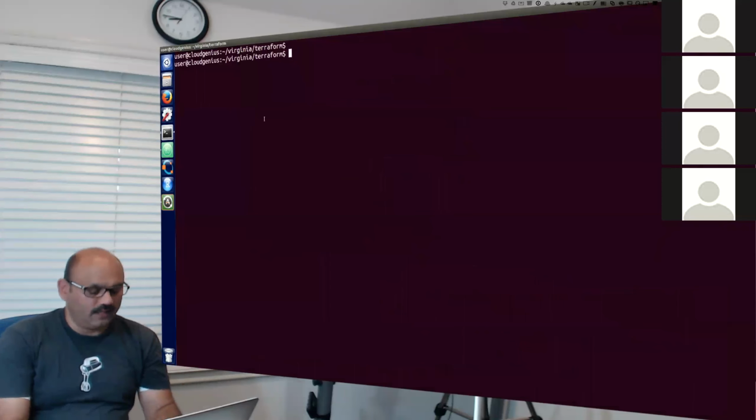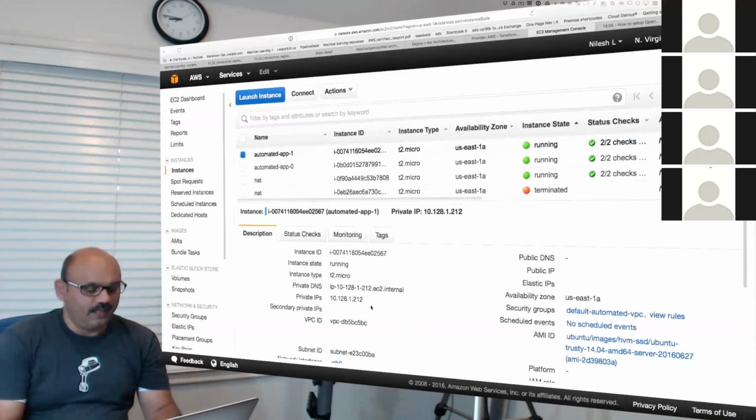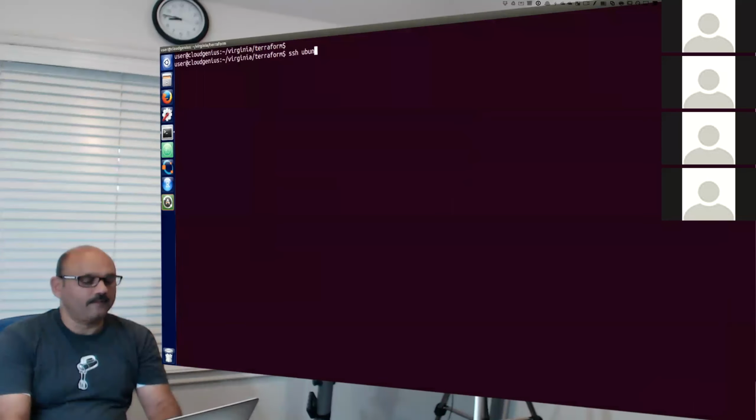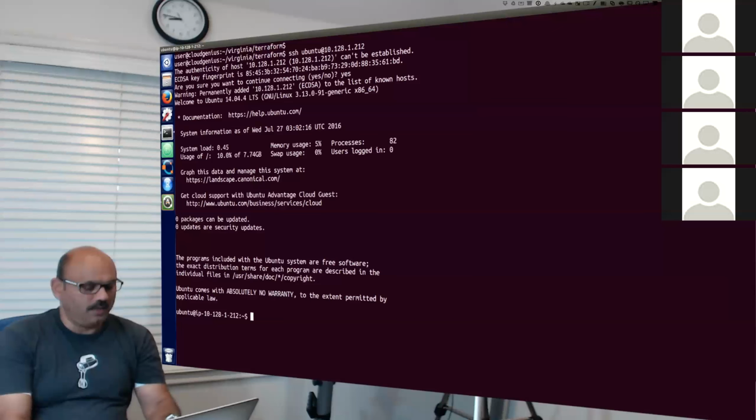So I'll say, give me the IP address of your app number 1, and here it is. This is the application's internal IP address for app 1. So I'll say ssh ubuntu at the internal IP address of the other machine, app 1, and I'll stop the Docker container. So, where is Docker? Oh, sudo.